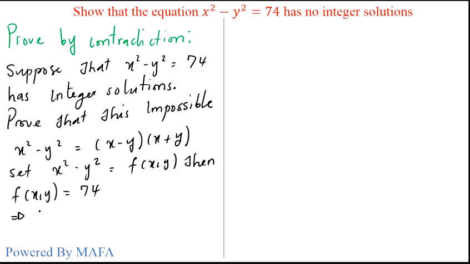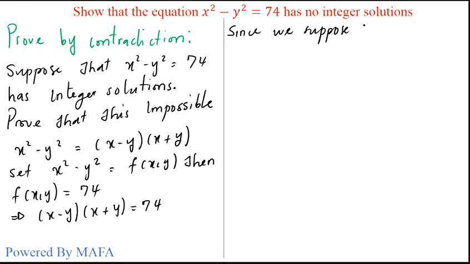We have already simplified what f of xy is. It means x minus y into x plus y is equal to 74. Now since we suppose that there are integer solutions,